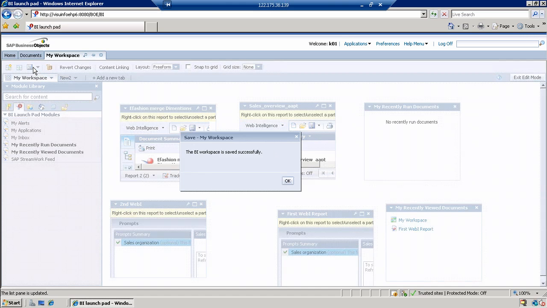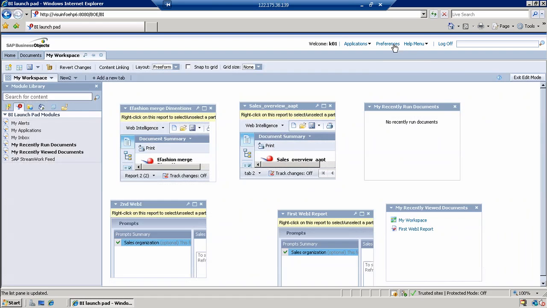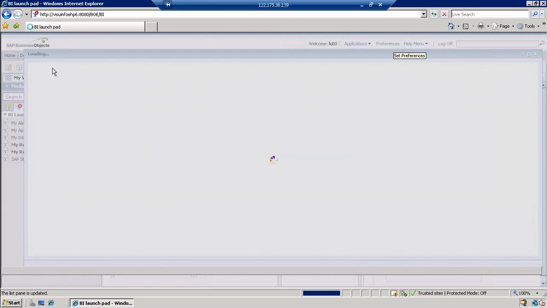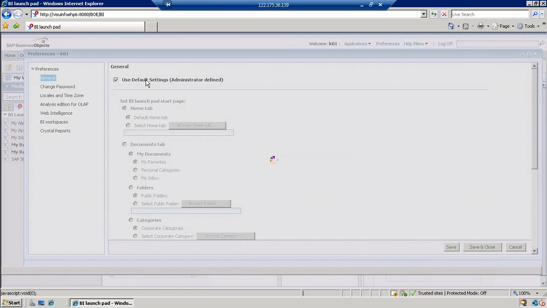And then with regards to the preferences, we were not able to do that. Let's take it to another session where I'll ask the basis person. Probably administrator rights were not given. That is why we were not able to change. As we clicked on the preferences, you can see administrator defined settings were there. So I have to check with the basis person, and probably we'll do it in the next session. Okay, just